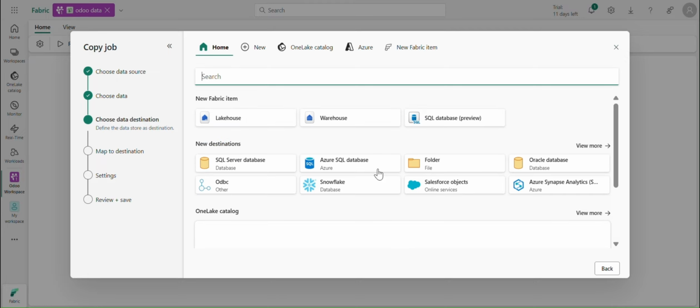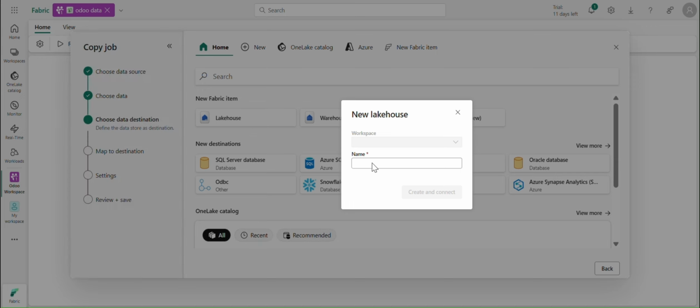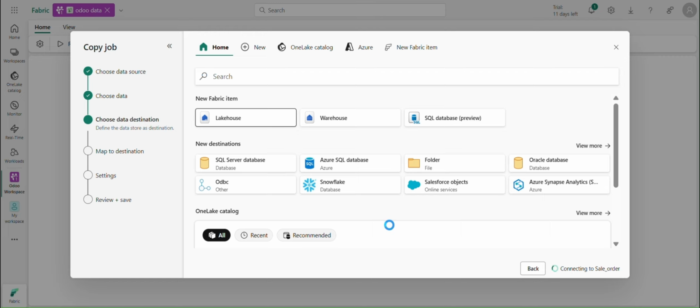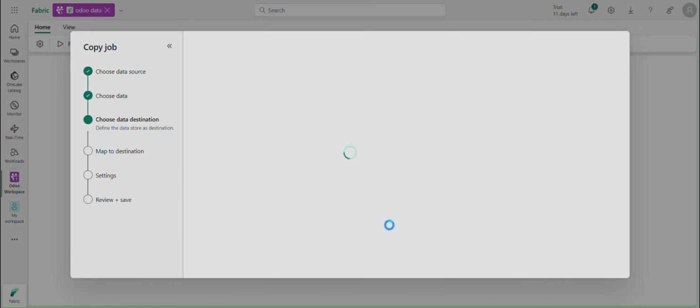We'll click on next, and send our data to a new lakehouse. Let's set its name to sale_order. After clicking save and run,